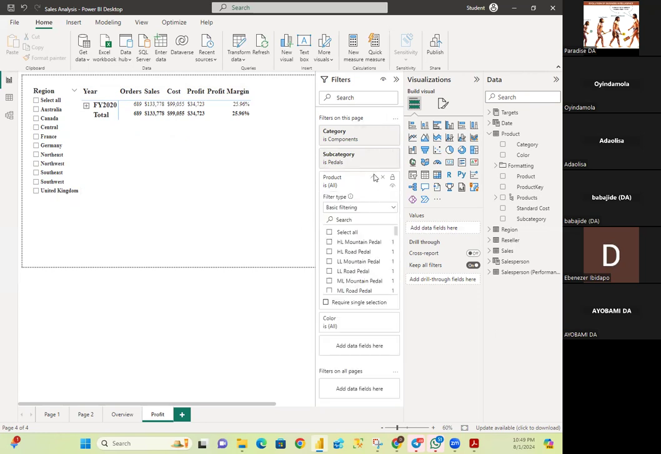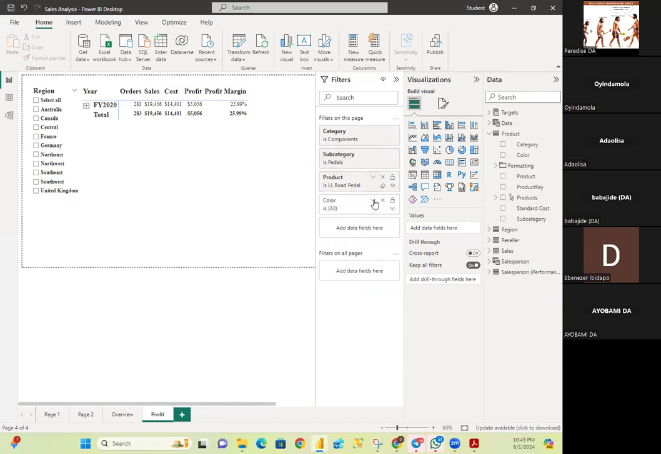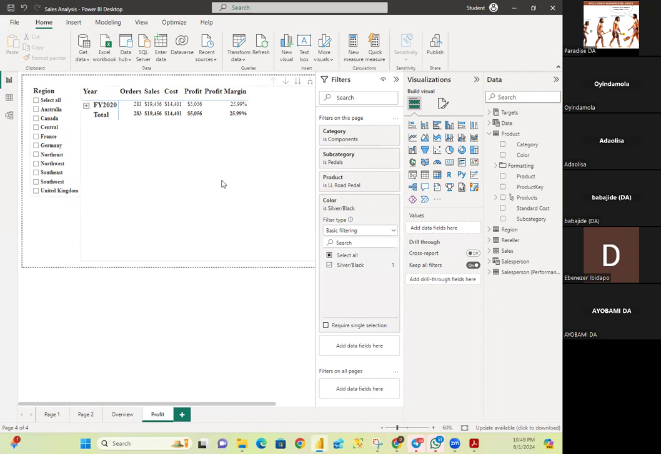Then I want to pick products. Which of the products? This. That's the product I'm analyzing. Then finally, I want the color to be silver black. Okay. So you can see that although is